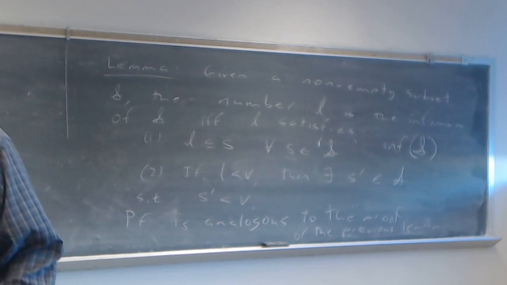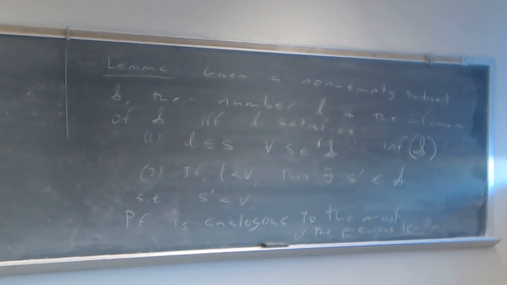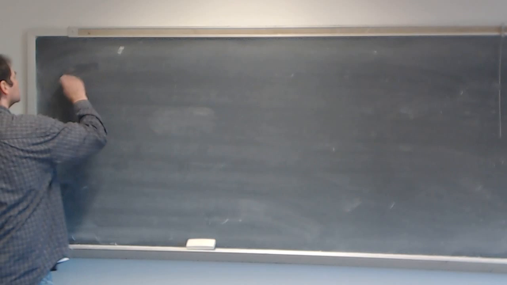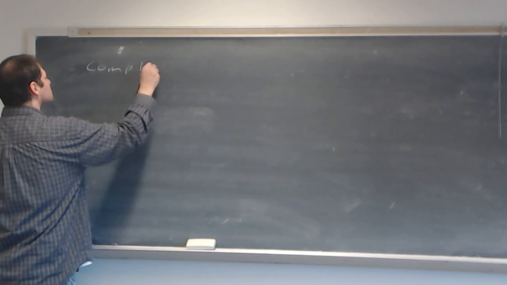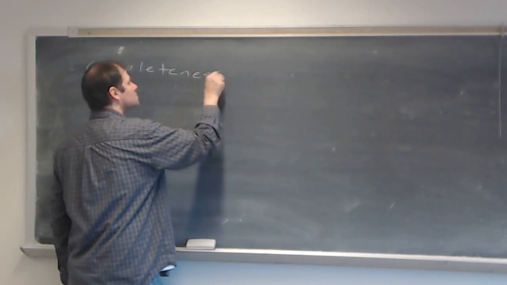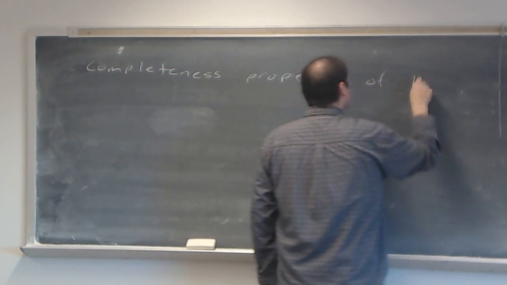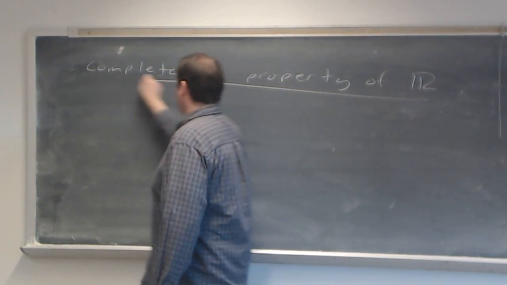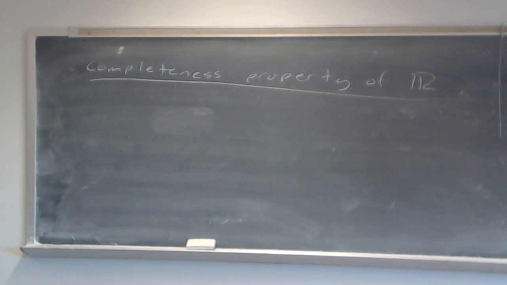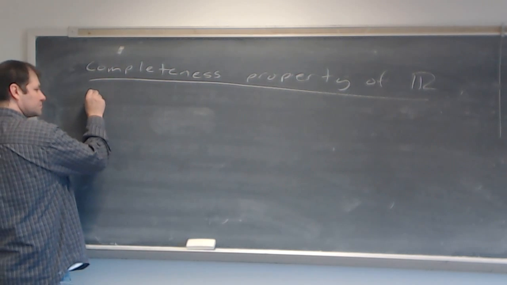Okay, here's the completeness property. This is a fact, something I want you to be aware of. We're going to take this as an axiom. That means it's something we're stating as fact. We say this is just true. Not something we prove. It's something we just take for granted. And here's what we're thinking. It says